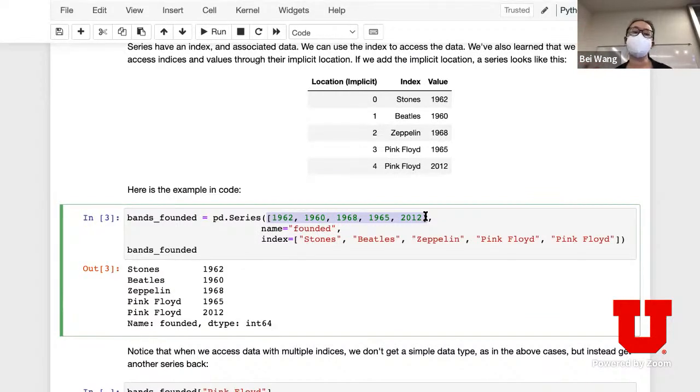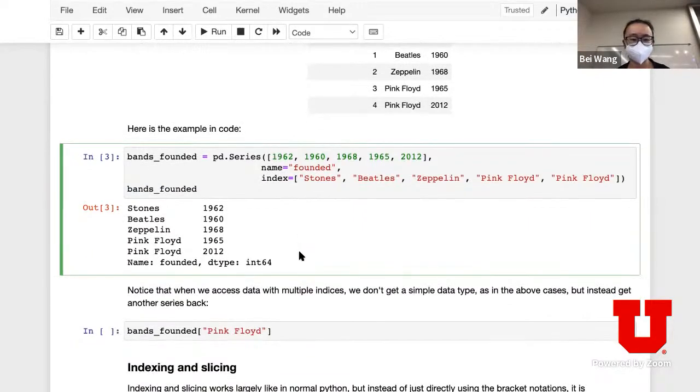Later on, when you work with data frames, you can see that a data frame stores a table of data, and each of those columns pretty much corresponds to a series. In this particular case, we can initialize the payload, which is the data actually attached, which is the year, using a list. Then you can specify a name for the series, and also the index corresponding to those years.